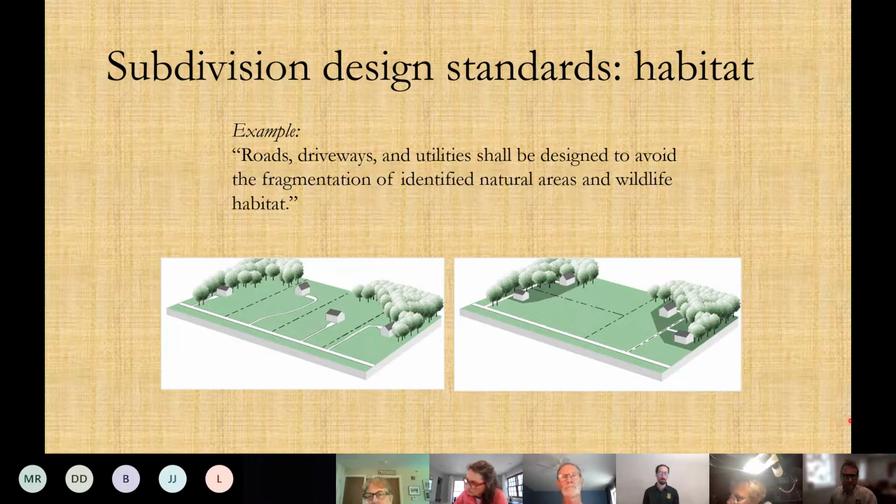And so these standards could also address other resource impacts, like water quality and stormwater runoff. They could reduce impervious surface, maintain tree canopy. There's all sorts of ways that you can apply